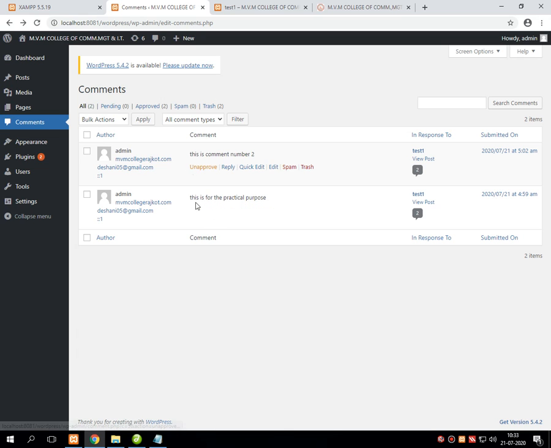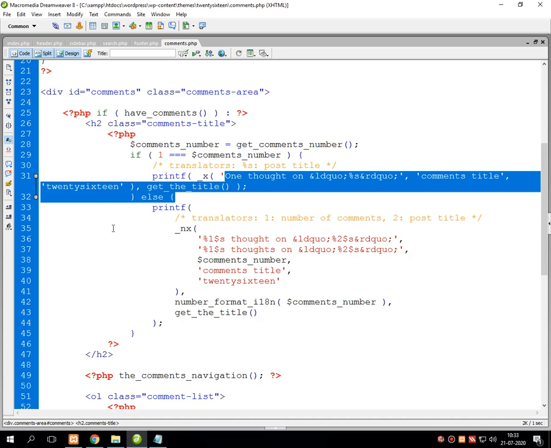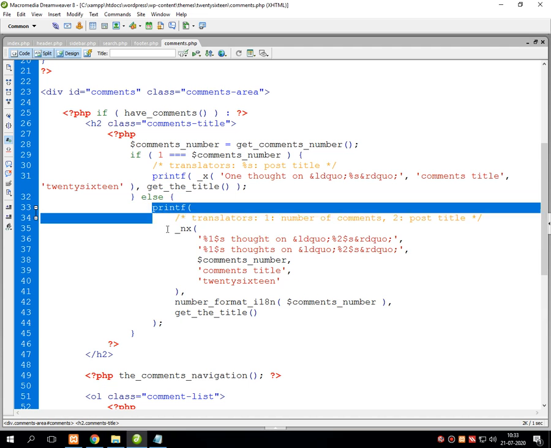So as you can see over here, the first comment that I have given is, this is for the practical purpose, that is my comment number 1, and this is comment number 2 which is given as a second comment. So there are 2 different comments you can see in the listing of the entire table that can be displayed using this particular printf statement.